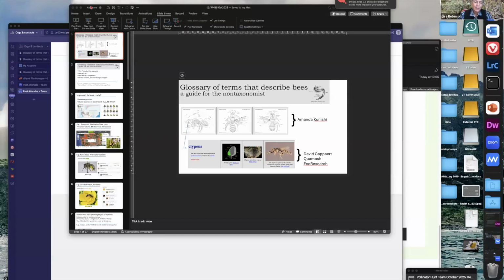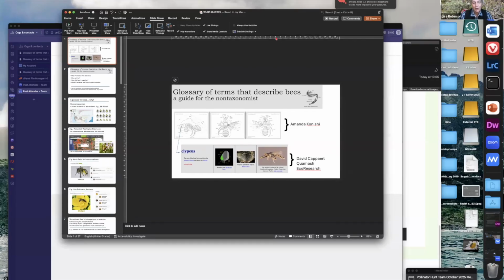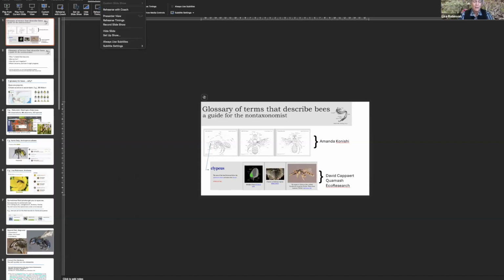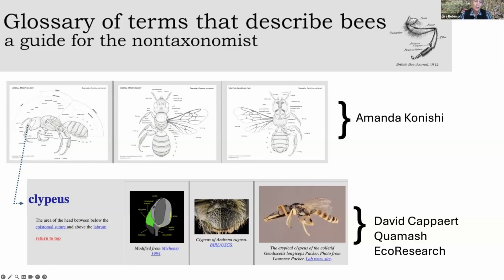You would need to recognize and evaluate the propodial carina, ochraceous coloration, or rugulose surface texture. In recent years, and with the rise of citizen science, there are better tools written and illustrated with non-specialists in mind. But to navigate most keys still requires bee-specific terminology and a working knowledge of how to apply terms across taxa. So David has developed a glossary of terms that describe bees, a guide for the non-taxonomist,